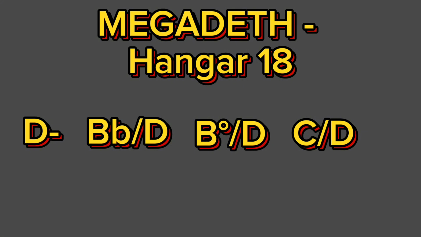Now the reason why this chord exists in this progression, it's basically a passing chord, right? It's taking the theme of D in the D minor chord, which is D F A, and when we go to the B flat chord, all we have to do is change the A to B flat. It's the only note that's different. And then from there, we're just going to change the B flat to B. Okay, and then we get our diminished chord. So it's acting as a kind of a stepping stone between the B flat over D and the C over D. And what makes it so cool is that obviously the diminished chord is a little bit unstable,